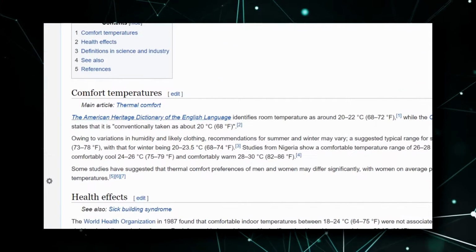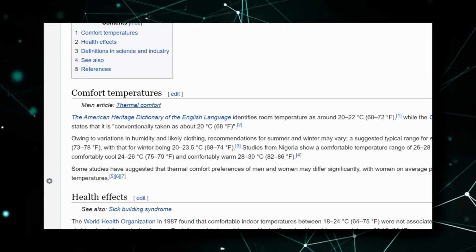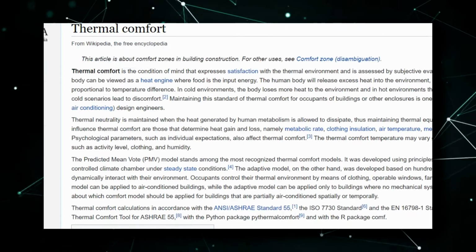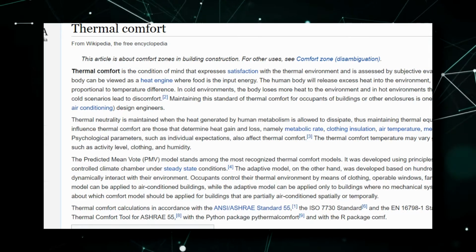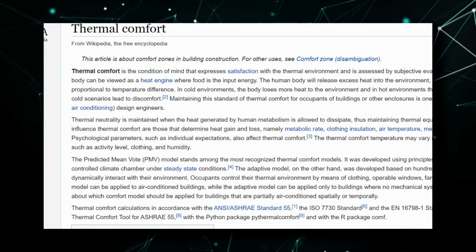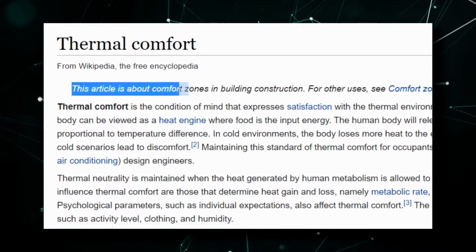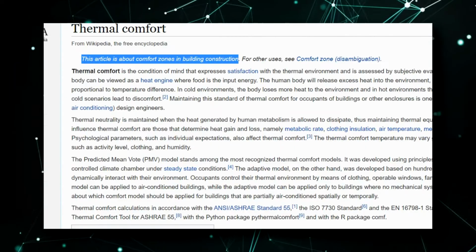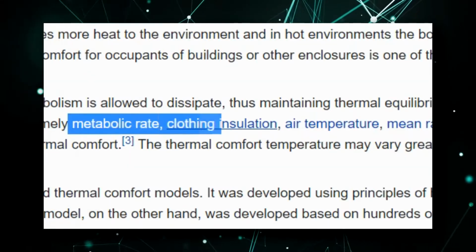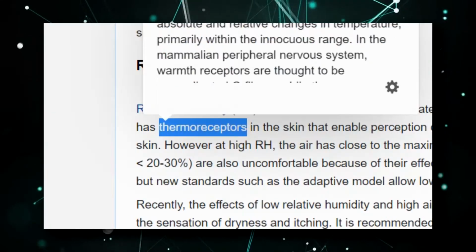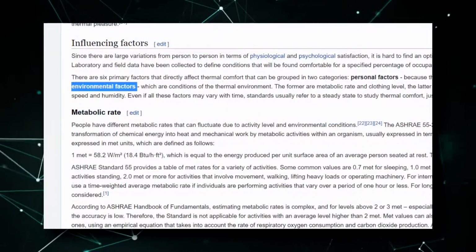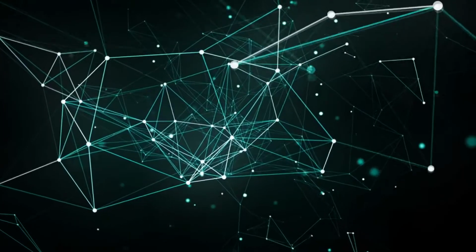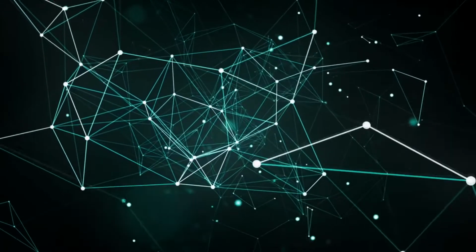Now let's see how that matches to what we describe as comfort temperature. Upon diving into comfort temperature, I found that this led to another concept of thermal comfort. No matter, I was going to get to the bottom of this anyway, for the sake of curiosity. Now, unfortunately, this was an article for comfort zones in building construction. So, as a person other than an architect, it was filled with a lot, and I mean a lot, of jargon. Bruising over concepts foreign to my simple mind, like metabolic rates, airspeed, and skin wetness, yes, skin wetness, I arrived at a very, very basic understanding of thermal comfort.